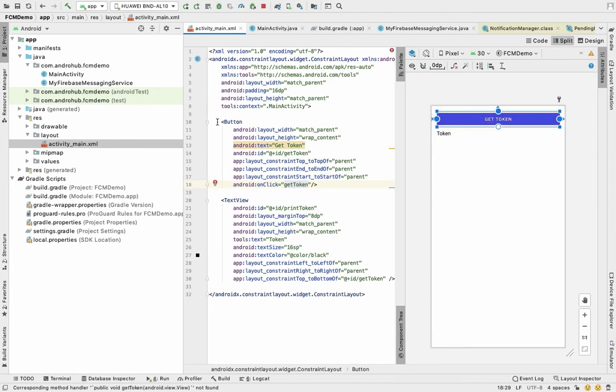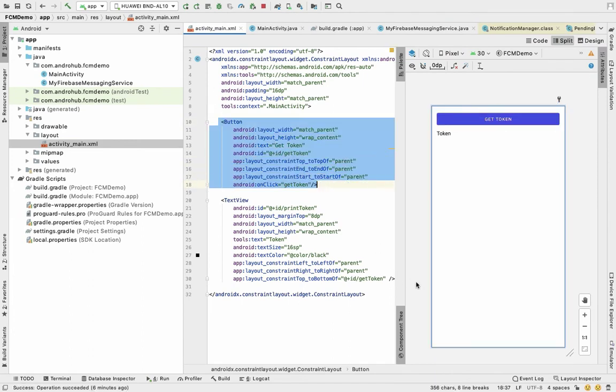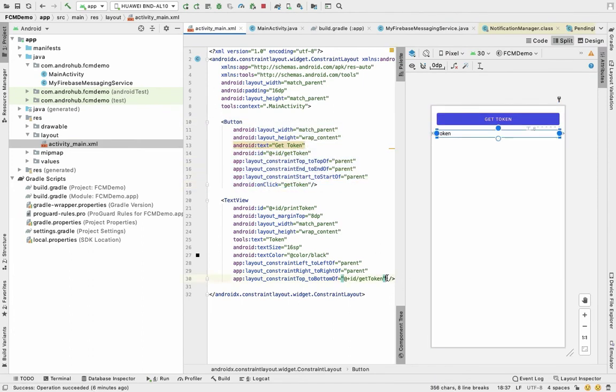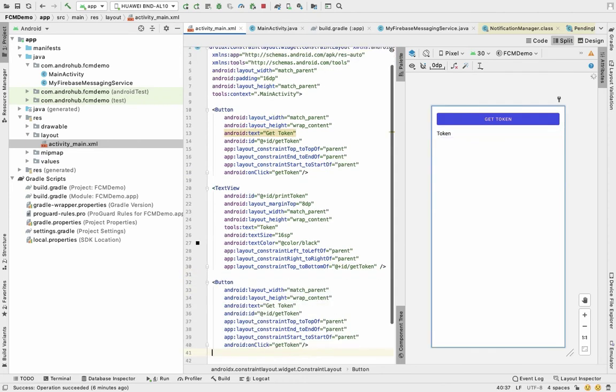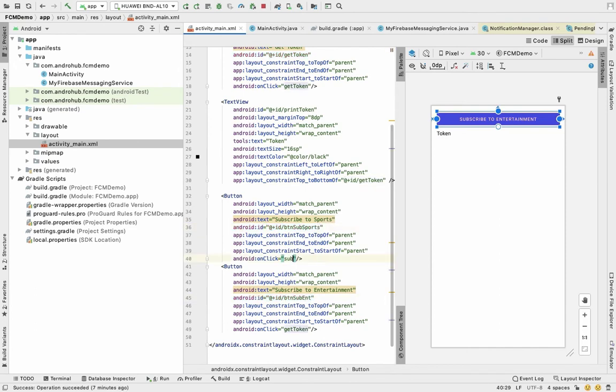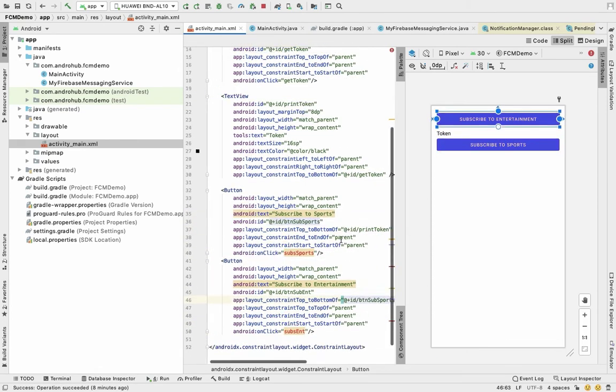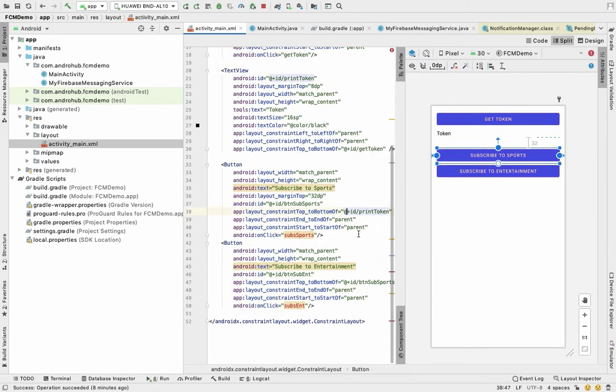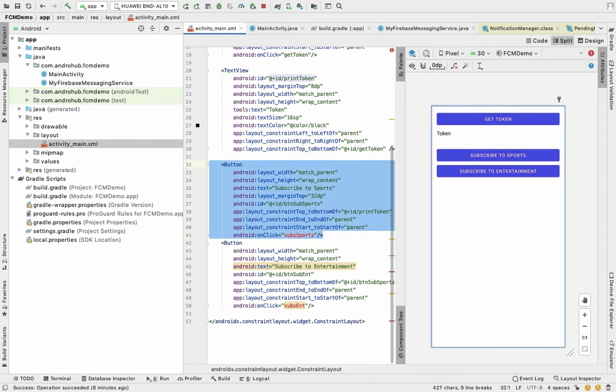I'm going to create two more buttons to subscribe the topic. I'm going to take an example of the news application, where you have categories like sports and entertainment. Now once you subscribe, you should also be able to unsubscribe.